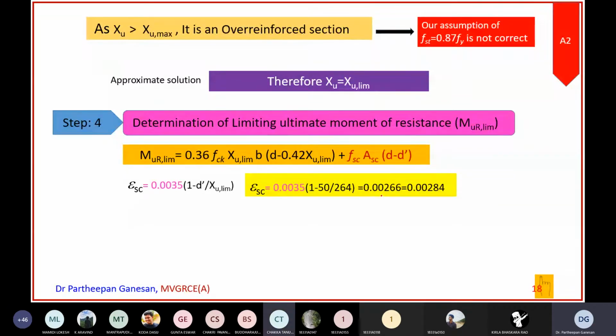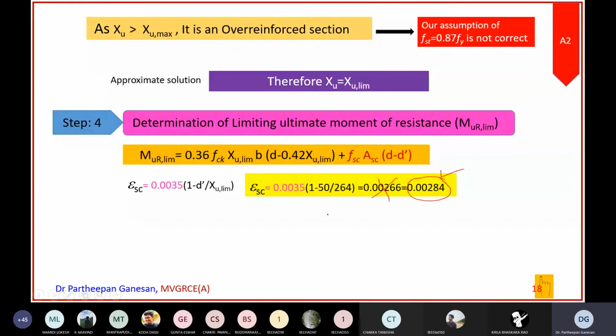Zero point 00283 says, okay, so this is the value. Okay, 00283. That's why I told you, I can also make an error. So unless you go through the steps, you will not know. So this is not there. So 00283 or 4, whatever. Okay, now what you do is